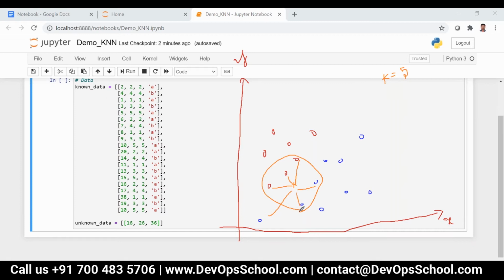Consider it like that: this is 1, 2, 3, and then 4, and then 5. These are the 5 nearest data points actually.